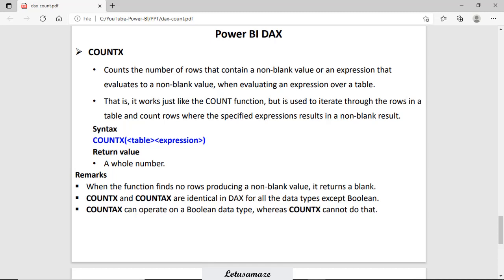Both are similar. The only difference is the same difference we had in COUNT and COUNTA. COUNTX doesn't work on logical values, meaning boolean values. But if you use COUNTAX, then it also works on the logical field. As you can see in the syntax, we have to supply 2 parameters. First, the table name and second, the expression.